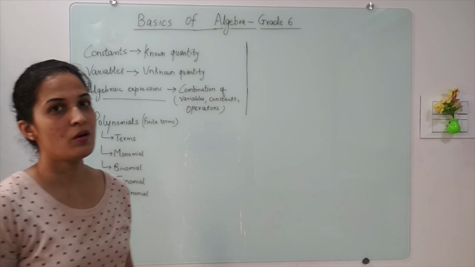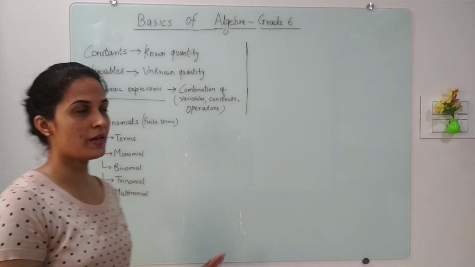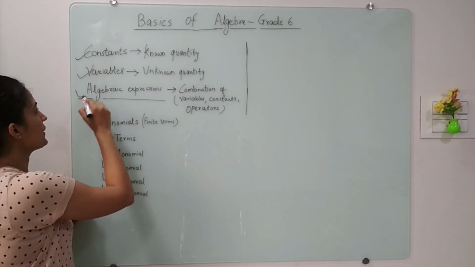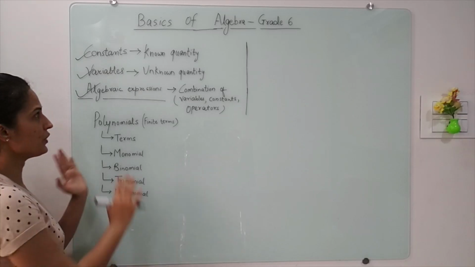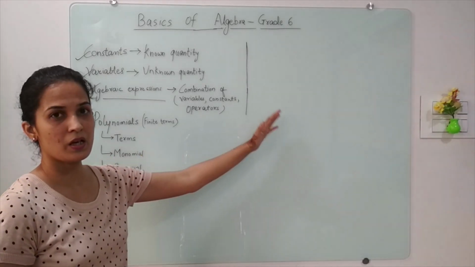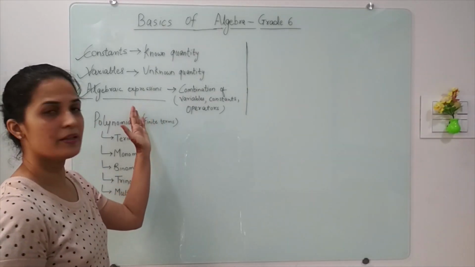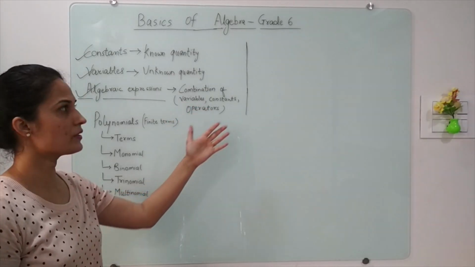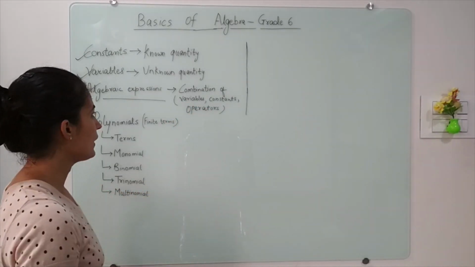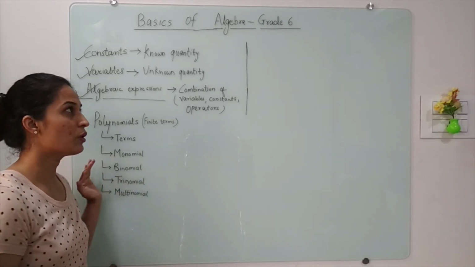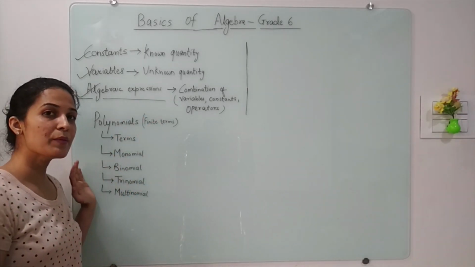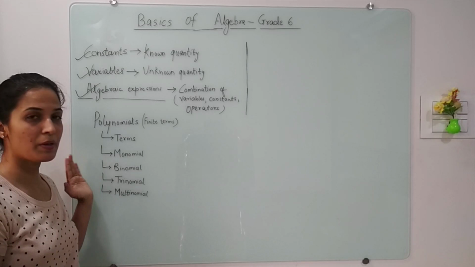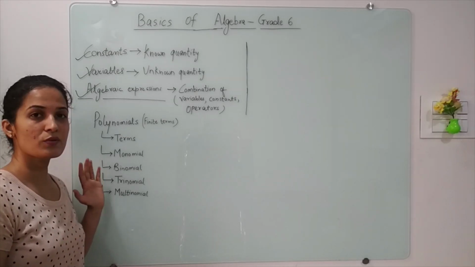Okay. So now, so far, what we have tried to understand is what is a constant, what is a variable, and what is an algebraic expression. So in short, if you would have seen our examples previously, then you would see that an algebraic expression is nothing but a combination of variables, constants, operators, some numbers, and so on. Now we will try to understand few more terminologies related to algebra, which is very important for your syllabus, for your examinations, and for your understanding as well. So you should always remember these terminologies. So this is going to create a base for you.